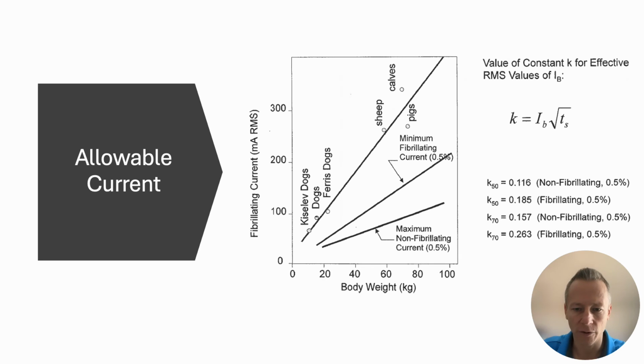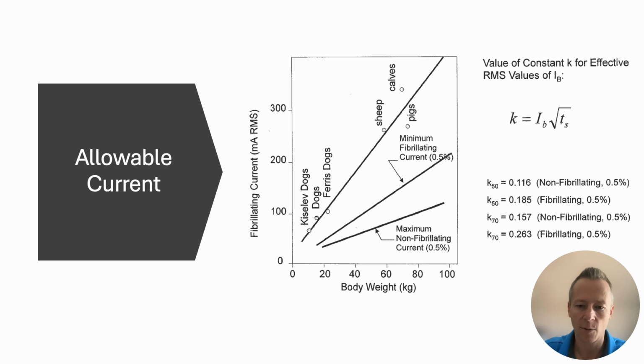And you can see the formula over here as what it's come out to be with the constants. We typically use the 50 kilogram human value. Basically the allowable current came from a bunch of empirical data from a long time ago and was formulated, and we found the best fit and what we believe right now to represent what fibrillates human hearts,